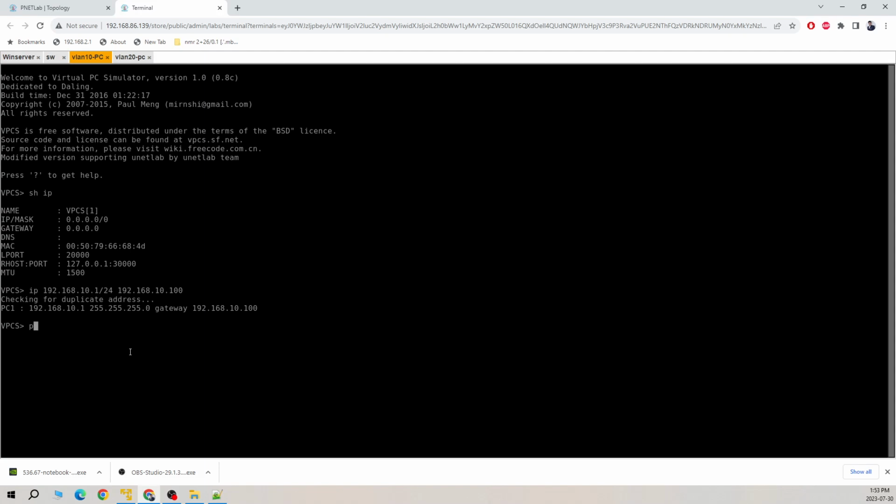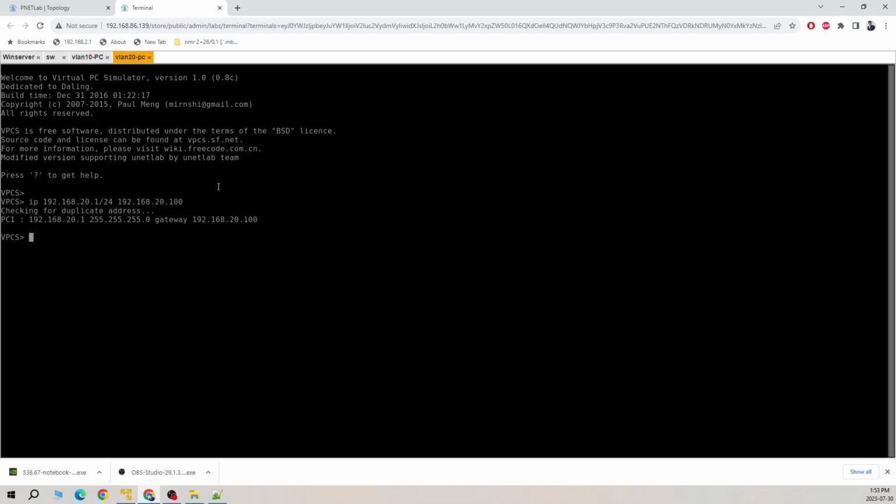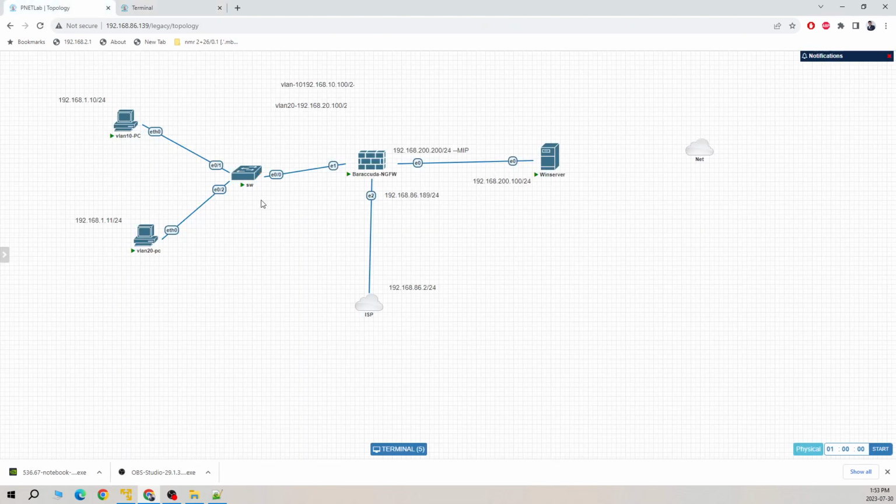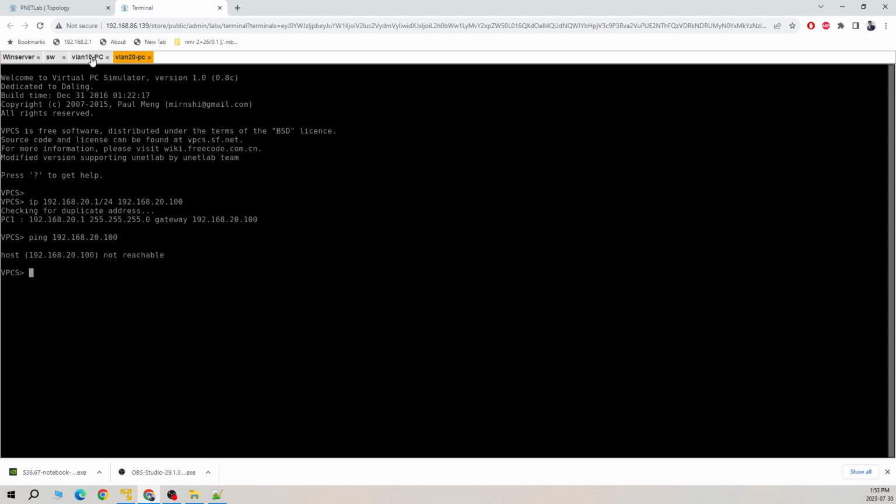Ping 192.168.10.100. I'm just trying to ping the default gateway of VLAN 10. Host unreachable. It is saying host unreachable. So it means there is some issue on this switch, not with the firewall. If we go on the firewall and look at the live traffic or the history,